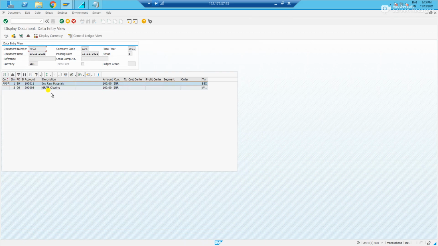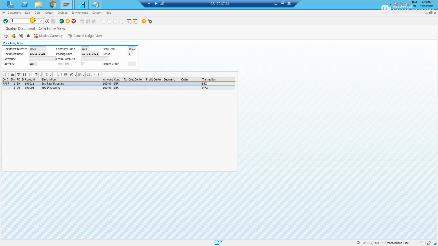As we have taken the goods receipt, with our configuration the inventory raw material is getting debited and the GRIR clearing account is getting credited. The GRIR clearing account is picked from OBYC transaction WRX, and inventory raw material is picked from BSX, which was a configuration done earlier. We have the right GLs, and the posting is good.